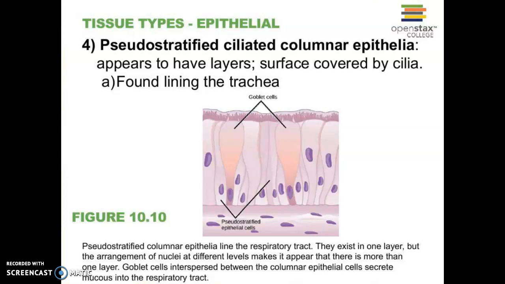And then pseudostratified. So pseudo in science, pseudo means false. So we might say in science, we say a lot of times astronomy is a pseudoscience. It's not really a science, it's a fake science. It's sort of fun and people look at their horoscopes for fun, but it's really not science. These cells are not really stratified. They're not really in layers. They just kind of look like that, but they're really these tall